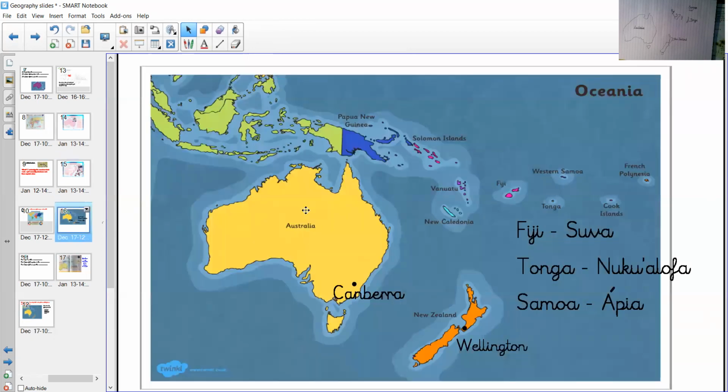And then I'm going to give you the other 3, because even I had to go on the internet to find out what they were called and how you pronounced them. So the capital of Fiji is Suva. That's how we pronounce it, Suva. Capital of Tonga is Nuku'alofa. And the capital of Samoa is Apia. So we can then add those on to our map in our book. We can add those capital cities